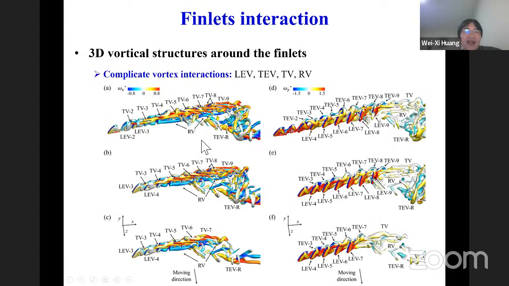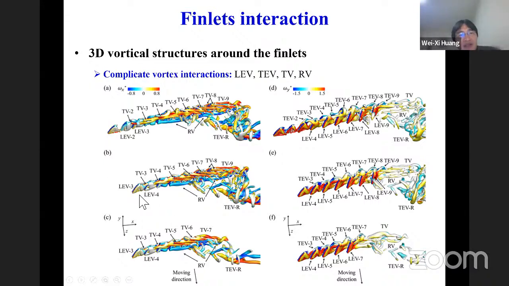Then we can obtain the flow field. Okay, so we can see the very complicated vortex interactions. There are the leading edge vortex, trailing edge vortex, and the tip vortex, and also there's the root vortex. For comparison, we also simulate the cases without the first 2 finlets, and also without the last 2 finlets,